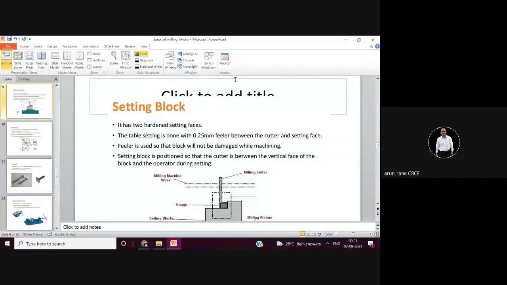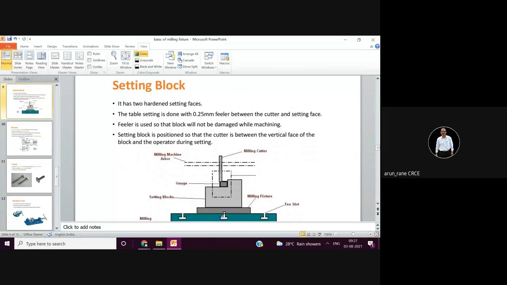So this you have to show in your milling picture. In the milling picture you must show the setting block. This is your setting block, okay. And this is your filler gauge. Of course the filler gauge is not that thick. You are using filler gauge of 0.02 and 0.03. The normal notebook paper thickness, 75 gauge and 80 gauge, is around 0.05 millimeter thick. So you place that paper between the cutter and the setting block, you have to set the cutter, and then you are not supposed to disturb it.